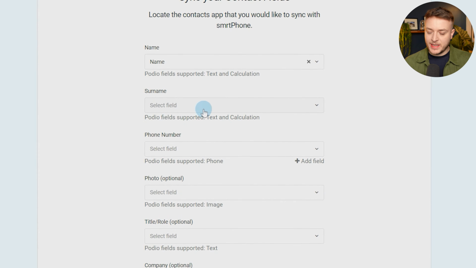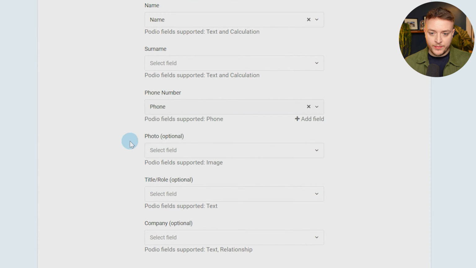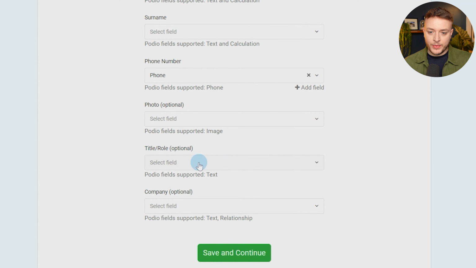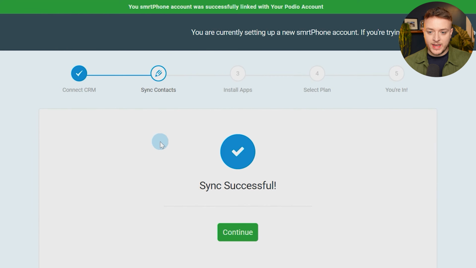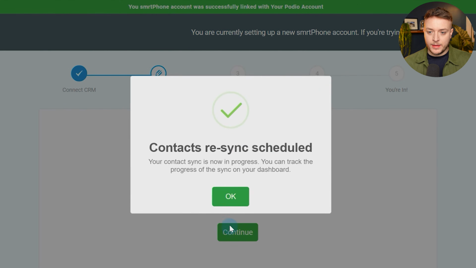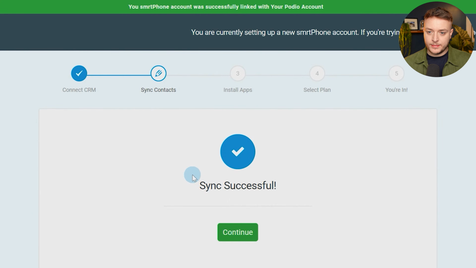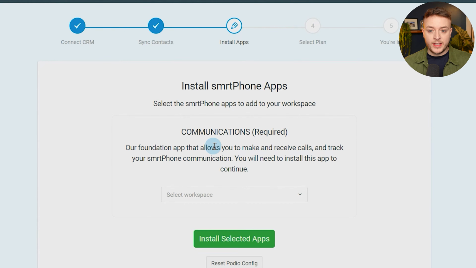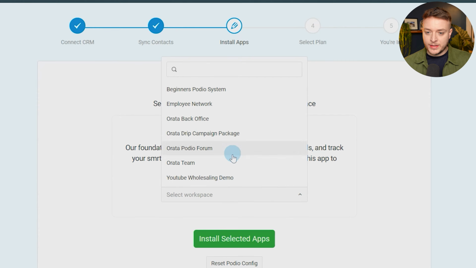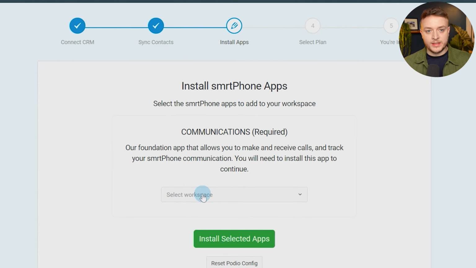From here, we just need to map the fields. Name, we can skip surname. Phone will be our phone field. And then in title role, we're going to put address, our address field. And that's it. Then press save and continue. Sync successful, continue. All right, perfect. Now it's going to install a communications app for us. So SmrtPhone installs their own communications app into our workspace. So we can select the workspace we want to install it into. We're using the YouTube Wholesaling demo workspace, and we can hit install